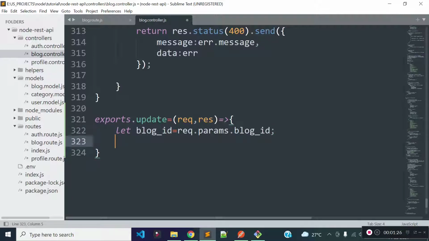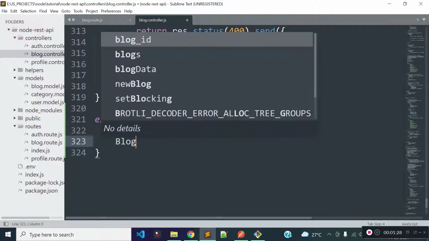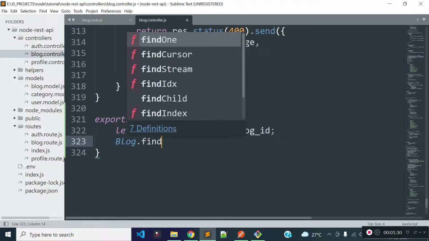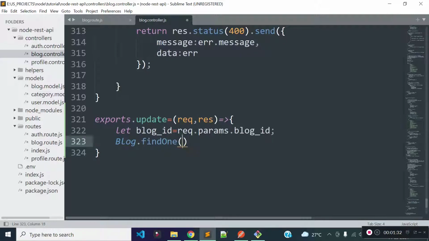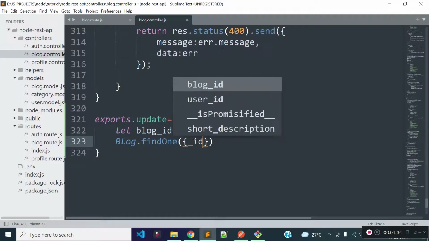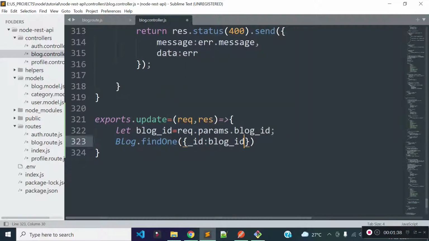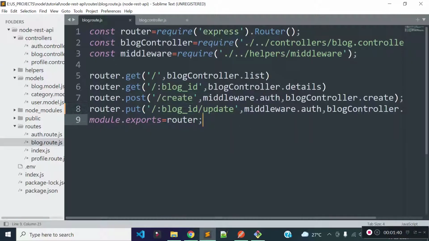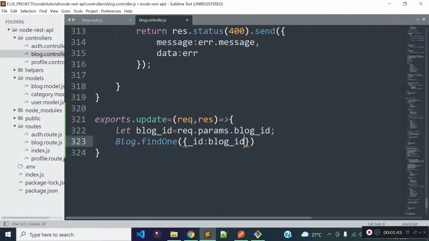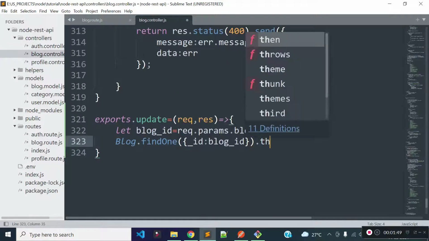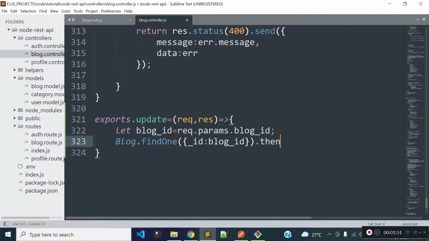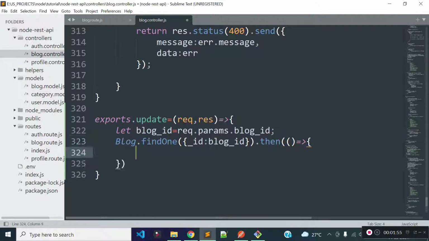and then I will find the blog with this blog id from our blogs collection with the help of blog model's findOne method, and inside this findOne method we need to provide the condition inside an object, so the condition will be _id is equal to the blog id which is present inside our request URL as a route parameter, and this will return us a promise, so we can use async await or we can use callback method to get the data from this findOne method. So I'm going to use callback method to get the blog data, and we'll get the blog data here,